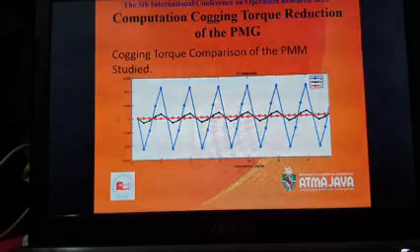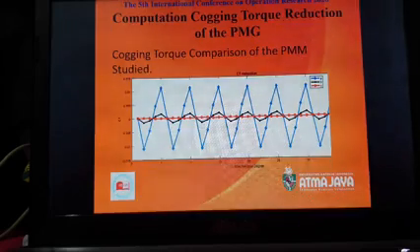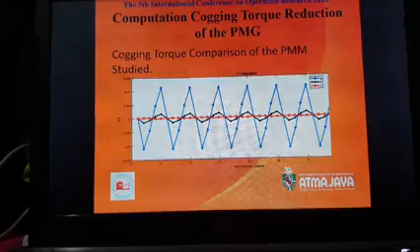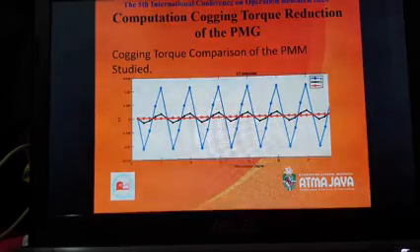The blue line, or A, is the initial structure. The black line, or B, is the one using 2 dummy slots in the stator core. C, the red line, is the one using 3 dummy slots in the stator core. Based on figure 5,